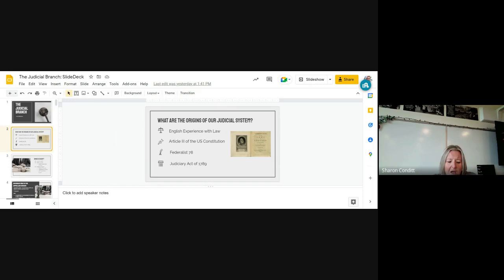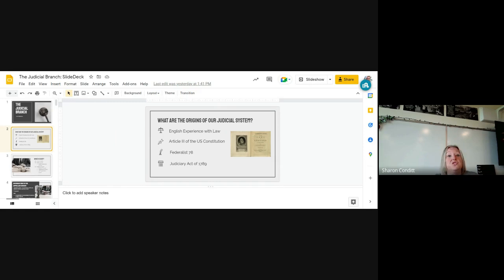Essentially what the Judiciary Act of 1789 is trying to do is not only flesh out the court, but also define the parameters within which the court can work. So it sets rules on what the Supreme Court can and can't do. It talks about what district courts can and can't do, what appellate or circuit courts can and can't do. So for example, now this looks different today, and I think that's worth noting, at the time in 1789, circuit courts were trial courts, right?